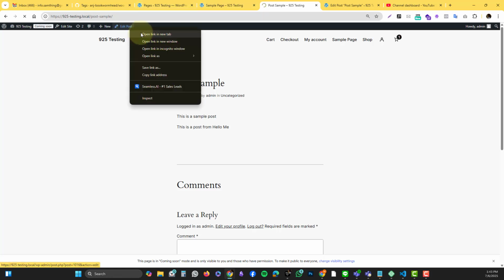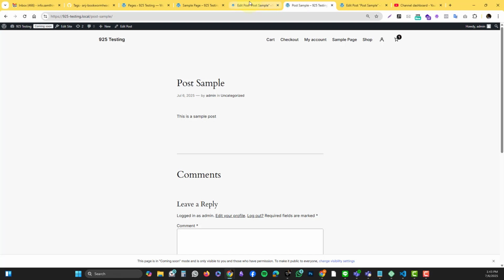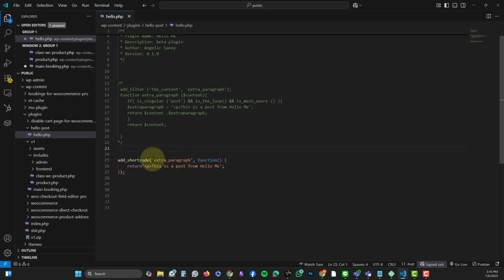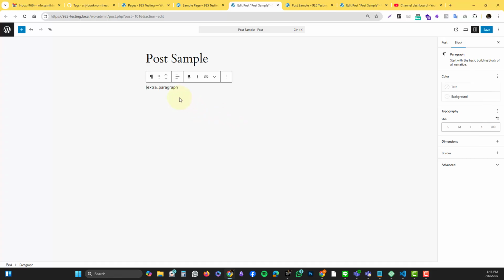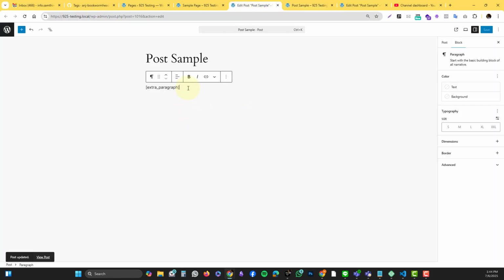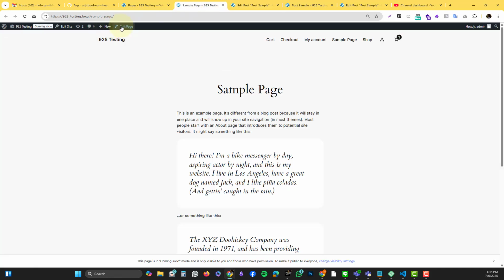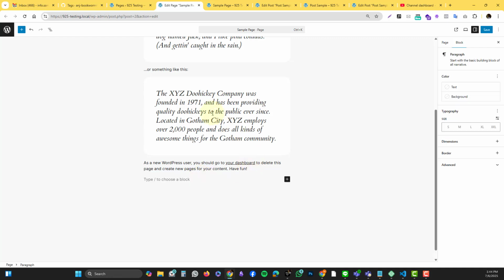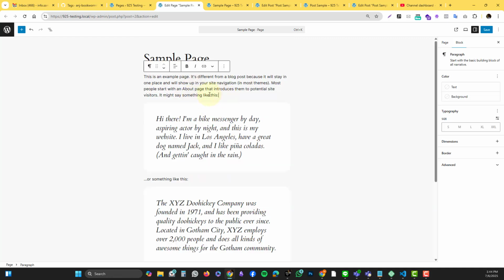If you want to call that into a page or a post or whatever, you need to run the shortcode, which is, what's the name of it? It's extra paragraph. You just need to put the opening and closing bracket. And if you see that, this is a post. And you're not just limited to the text as well. There's no more a lot of if statements. You're also not limited to the post. You can also put that into your, so you want to put here,